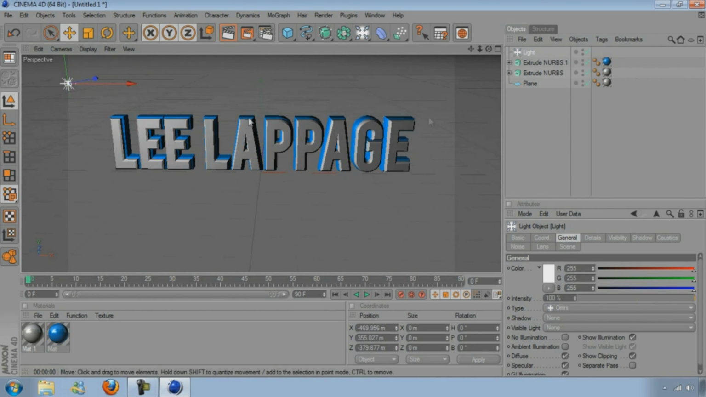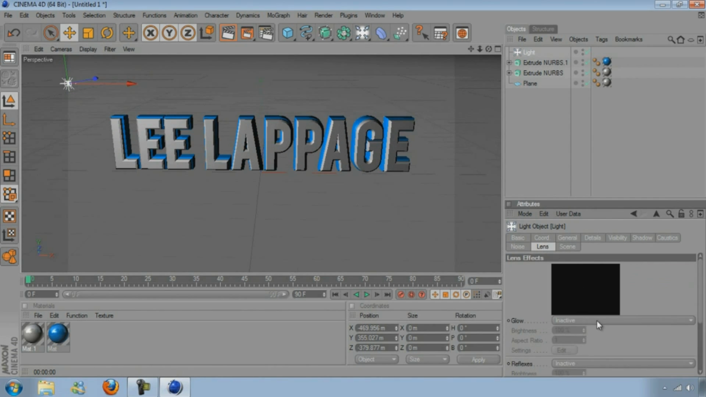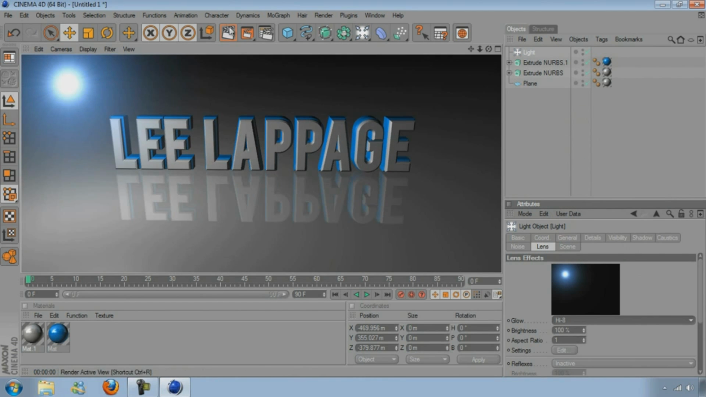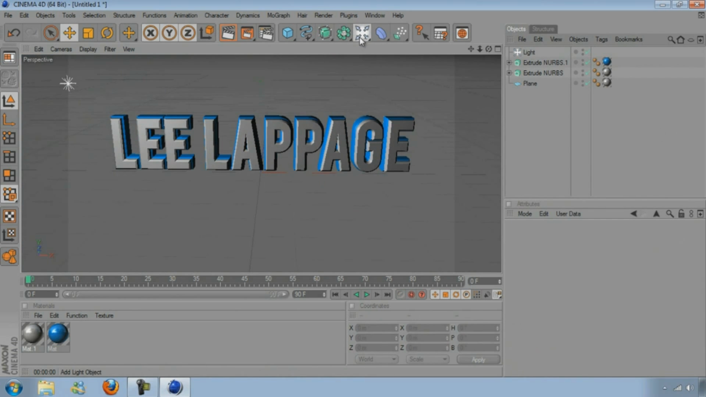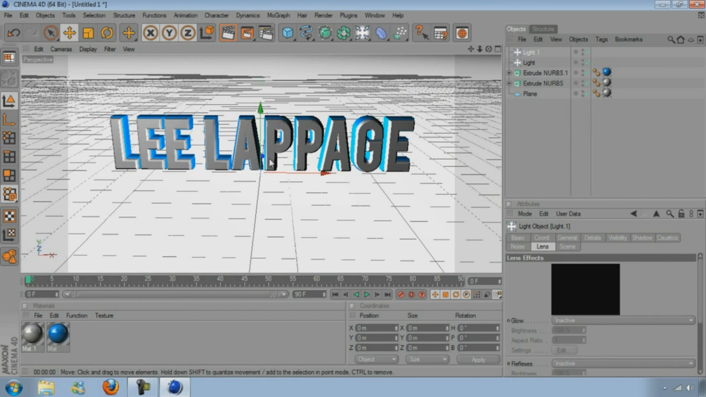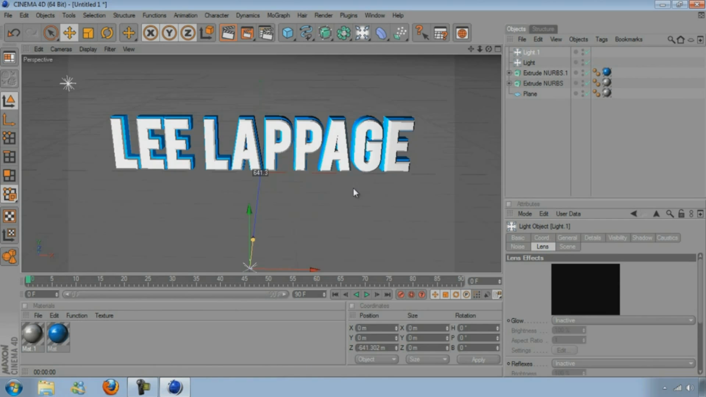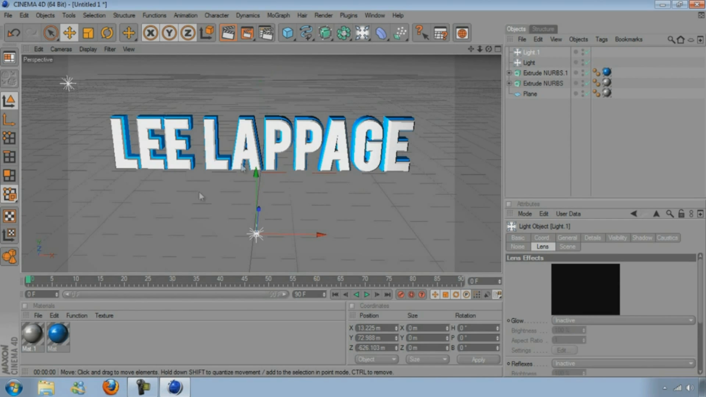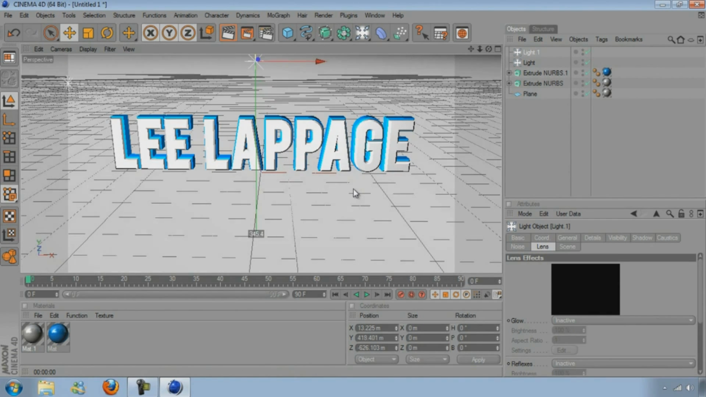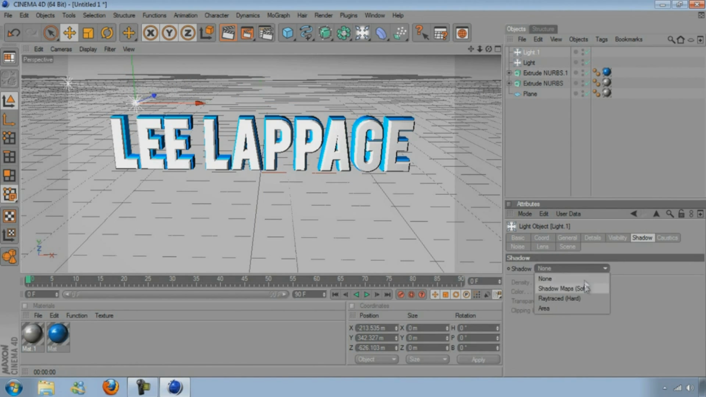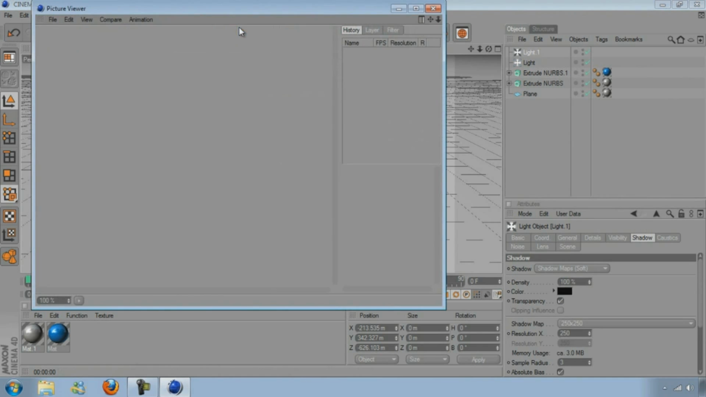And then I'm going to go to lens and then glow and then select high 8, so then when I render it out it's just got a pretty cool blue light on it. And then I'm just going to add another light, just a normal one, and then just move that back here and up here, over here. And then on this light I'm going to go to shadow and change it to shadow maps, so then